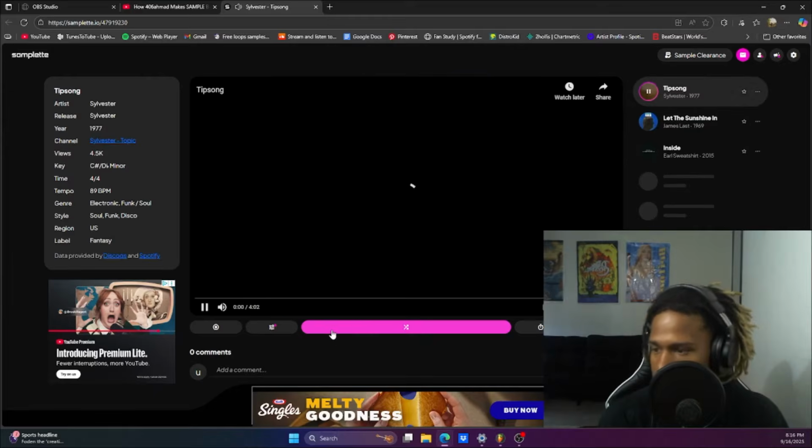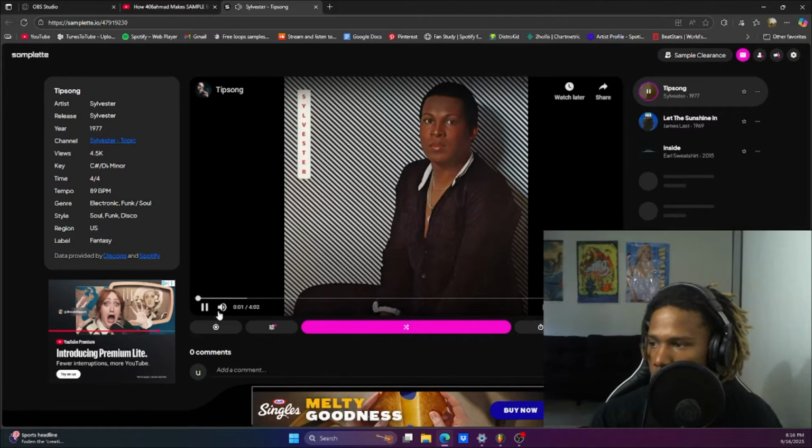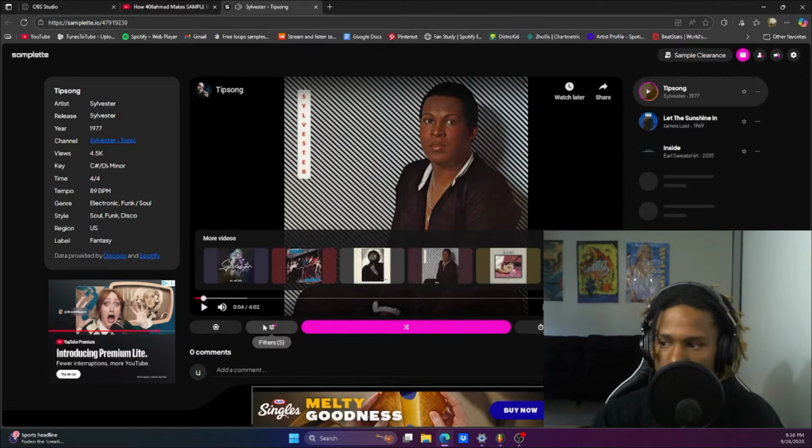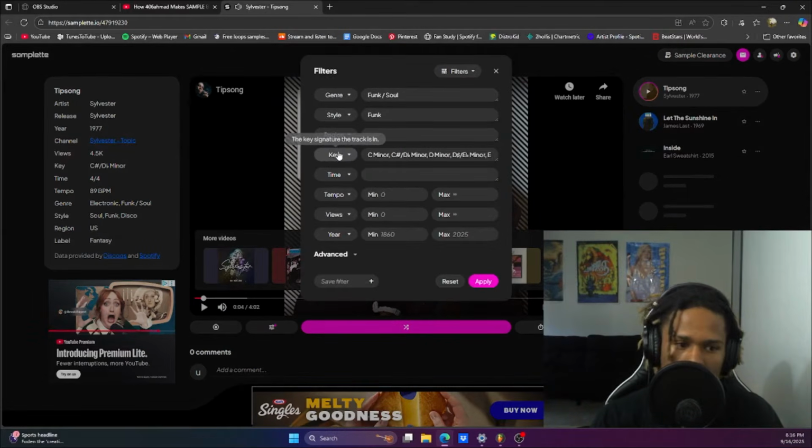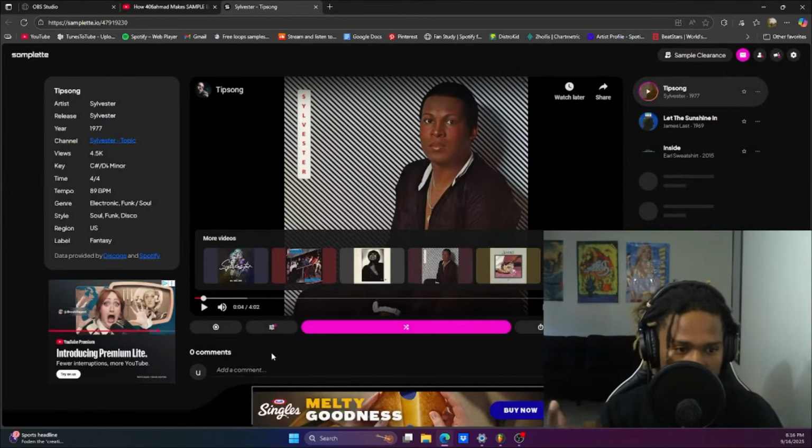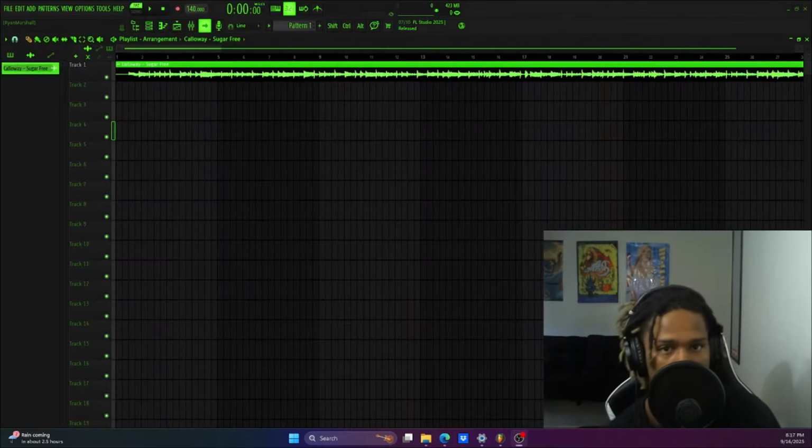That's ass. And the key with this, you really want to choose something that already sounds good. Don't try to choose some mid sample and then be like, oh, I'm gonna make this sound hard. No, choose something that already sounds crazy, so then you don't have to do too much to make the beat sound good. So it took me a while, but I ended up finding a sample that sounded pretty